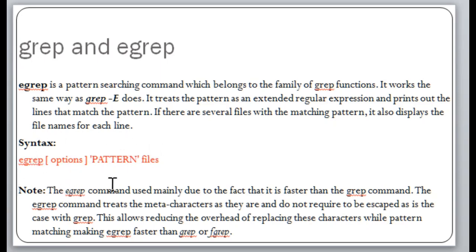Take note that the egrep command is used mainly due to the fact that it's faster than the grep command. The egrep command treats the meta characters as they are and does not require them to be escaped, as is the case with grep. This allows reducing the overhead of replacing the characters while pattern matching, making egrep faster than grep or fgrep. Okay. So guys, this is saying that characters such as backslash or a splat or star sign, when we use egrep, okay, it's not interpreting these